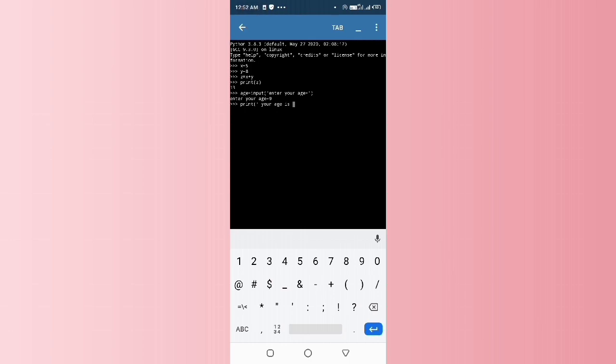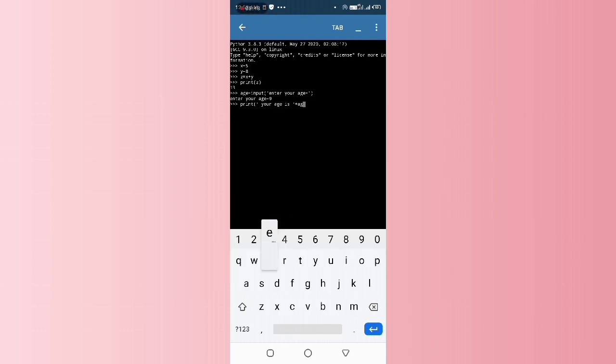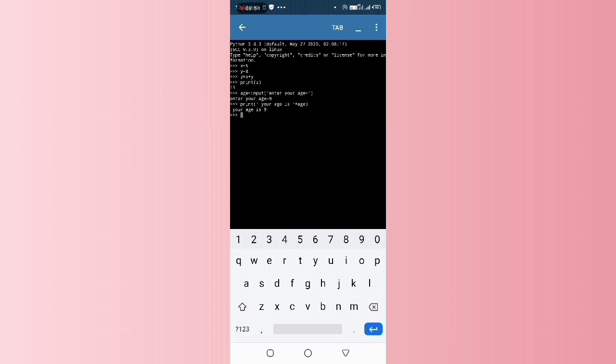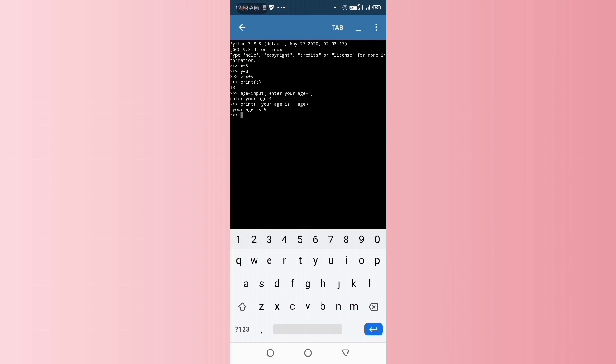I'm giving a space so that the digit will be separated from the string. For concatenation, you have to use this operator called plus here. Then what is our variable? That is age. Age is our variable, friends. Just close this parenthesis. I'm just printing it. Look here, friends, you can see the output, that is your age is 9. This is how you can execute programs.